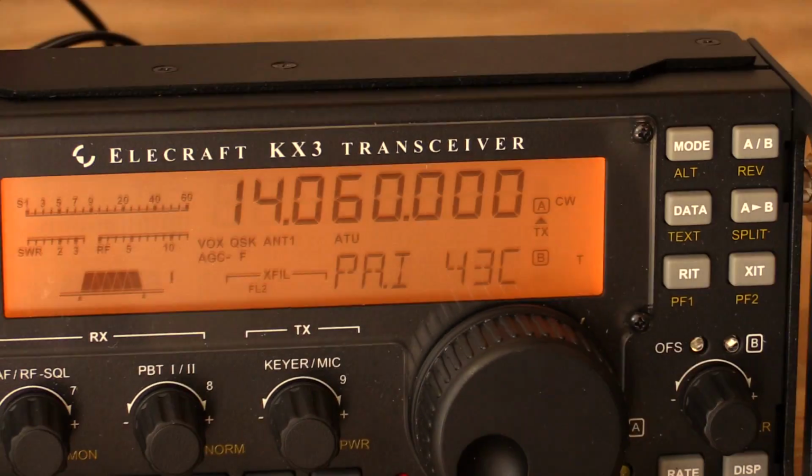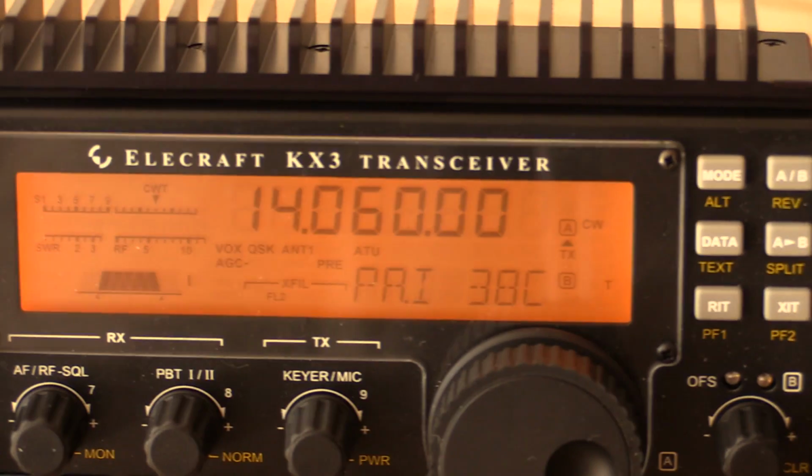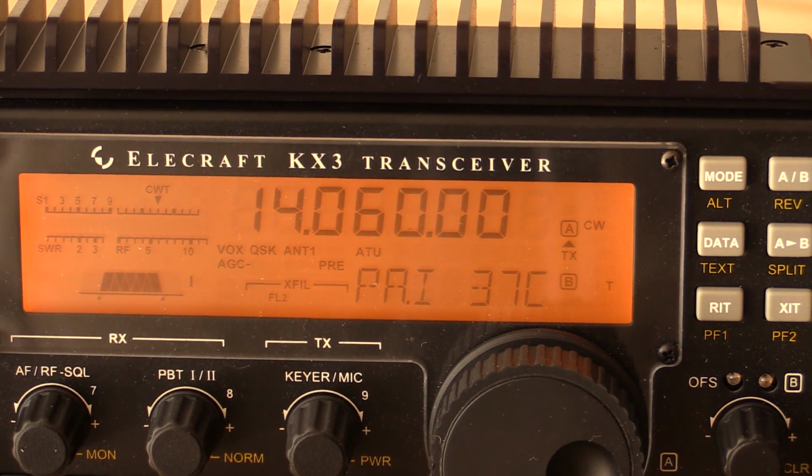Over here, interestingly enough, the heat has also dropped. We're at 42, 41. Let's wait for it to get to 40 and we'll go back. So 40 on the factory stock, 38 here. So on the way back down, in these particular value ranges, we have a 2 degrees Celsius difference between the two. So we're going to let the radio sit and cool down, and then what we will do next is